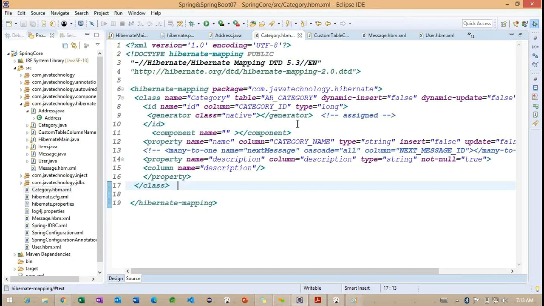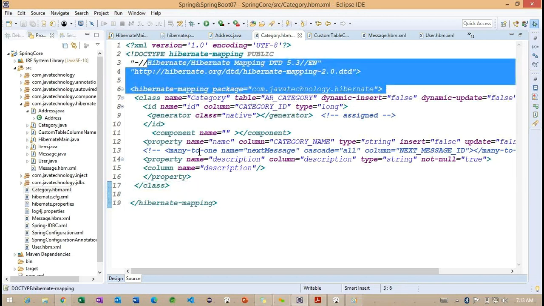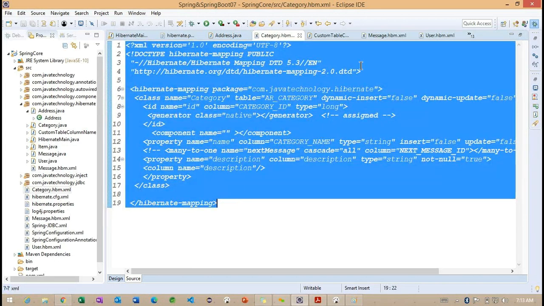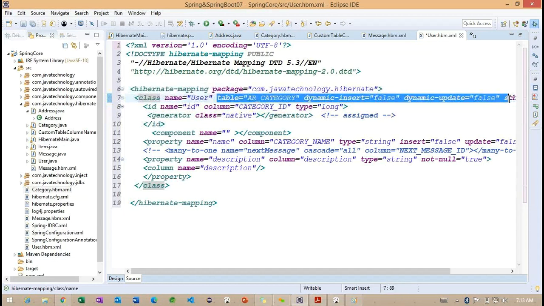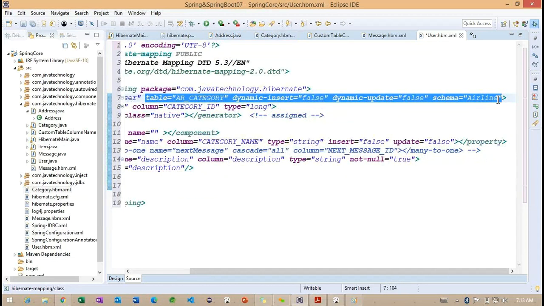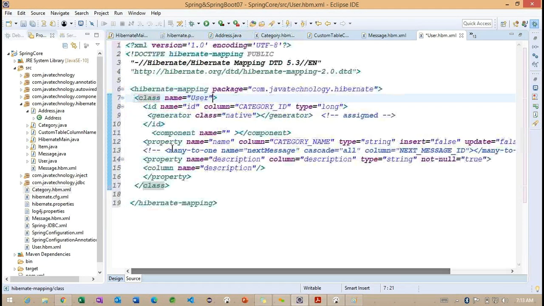Inside this user file, let me copy this particular DTD file. And here we can work with the same package and a class. What is the class we are having? Something called user. Let me remove the schemas and everything.